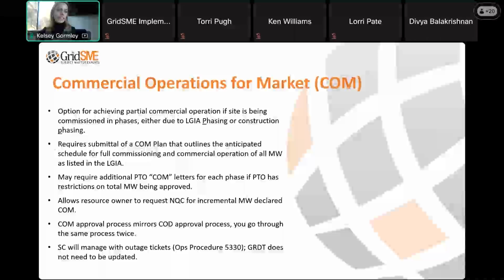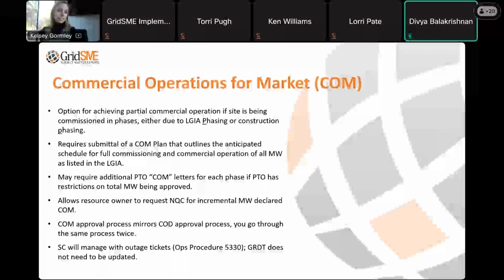We would look at this as an option for you to at least get some commercial megawatts available to start meeting your RA obligations. That's a big driver for this, Divya, is folks are looking for any way to accelerate the ability to get their resources on an NQC list with RA values associated with them, even if it's not the full value that they have contracted, even if it's partial. Okay, understood. That makes sense.